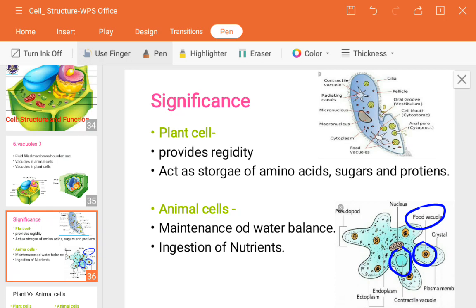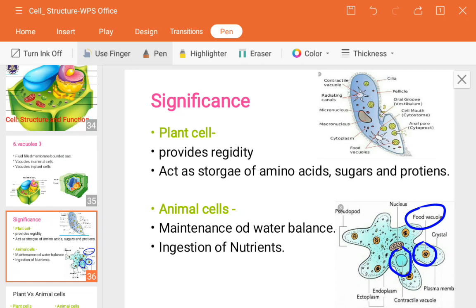and in some places they cannot move very easily, but by contracting themselves they can pass that way. If it is difficult to pass through a particular place, with the help of a contractile vacuole they can move or pass through that particular way. So they contract and relax whenever they require. That's why this type of vacuole is known as the contractile vacuole.